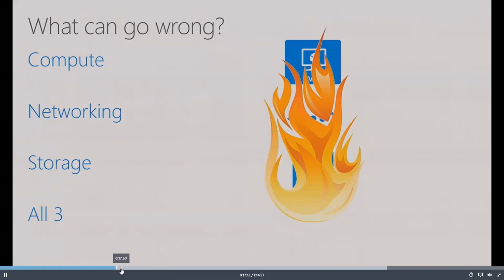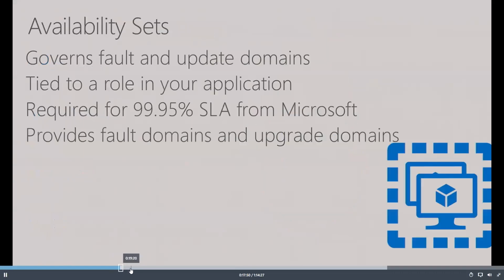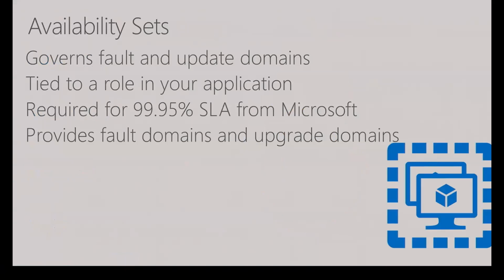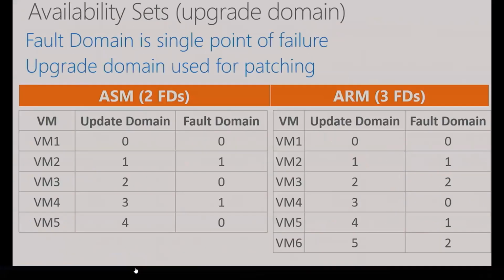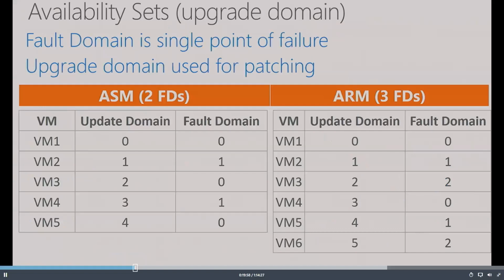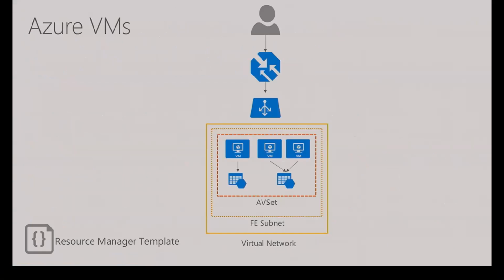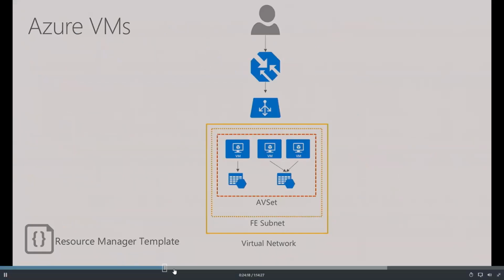So let's talk through it. You can't move it into one. You'll have to recreate the machine in the availability set, create a new one, or if you're doing it by command prompt or in an ARM template, you can just create it there, but you have to make sure. And when you spread yourself across fault domains, that means that you've eliminated the single point of failure. So if there was an unplanned failure of a particular VM, then when you start up the second VM,